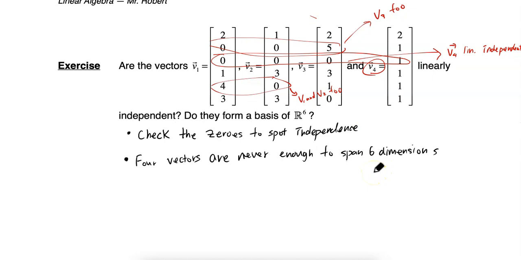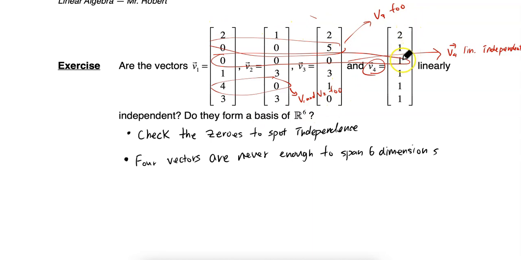Exercise. Are the vectors here linearly independent? Well, there's a trick we can use when we have large vectors like that. It's not always obvious, but we can see there's a lot of zeros, and the first place we should look is this row here. v1 has a 0, v2 has a 0, v3 has a 0, and v4 has a 1. What that means is there is no way I can make linear combinations of these three vectors to get